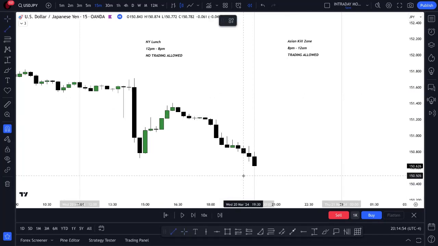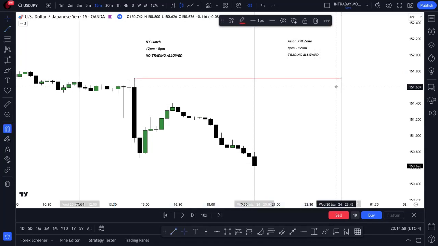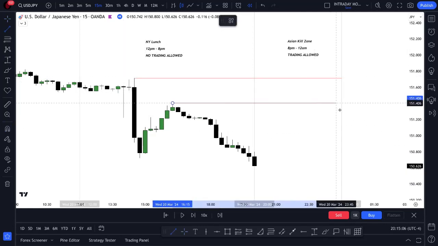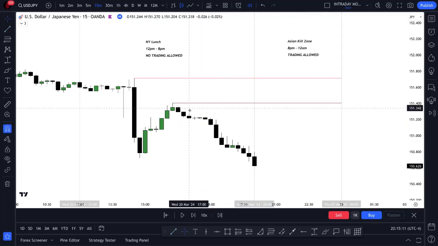So we're looking for all the buy side and sell side liquidity that forms within this time period. This is a swing high formation that's unbroken, so we're going to use that. That's our buy side liquidity. We also have another swing high formation here, so that's our buy side liquidity as well. And the rest of these are relatively equal highs, but if it's not a swing high, it's not really